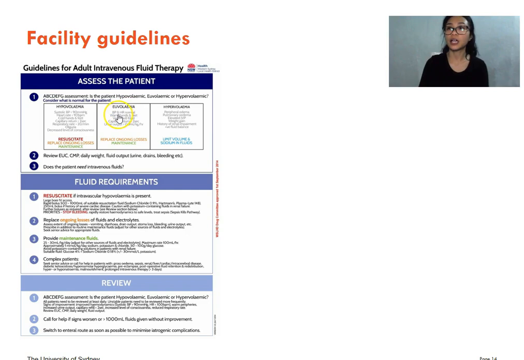Euvolemic patients, their blood pressure and heart rate are of course normal. They're in that normal state. They've got warm hands and feet. They've got good circulation. The veins are well filled. They've got a capillary refill of less than 2 seconds, and their urine output is adequate, being at more than 0.3 mils per kilo per hour. In this situation, we're just going to replace any losses that might occur and keep them on some maintenance,